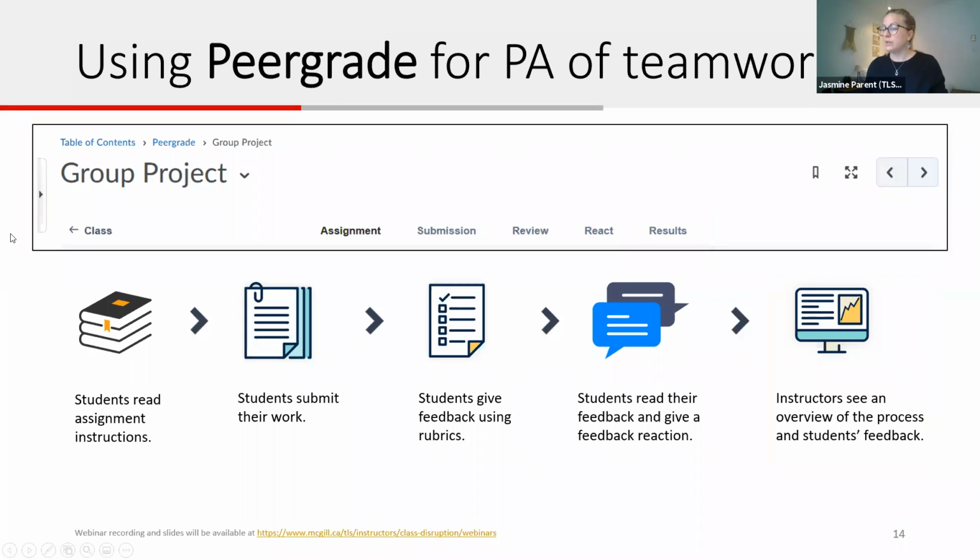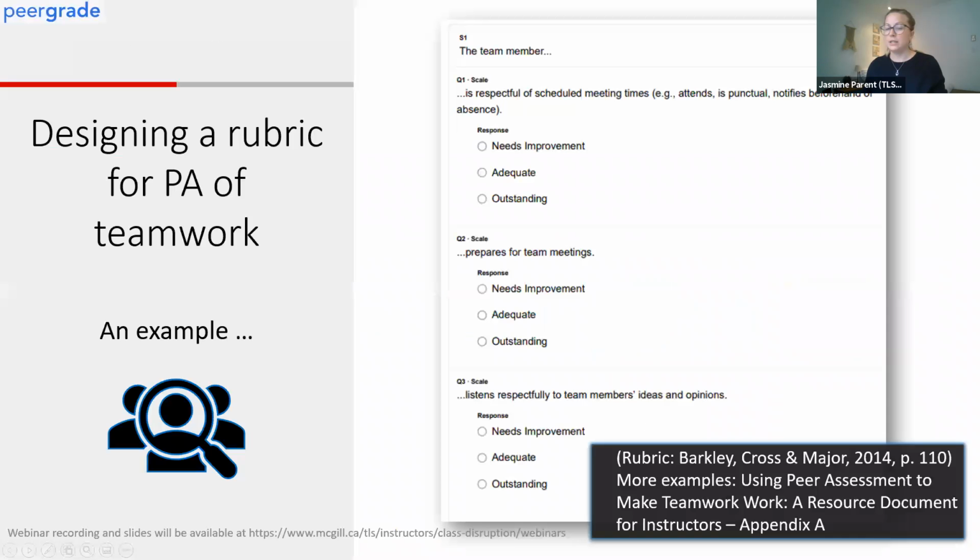So I also wanted to give you an example of what a rubric looks like in Peergrade. So I have a screenshot here of a few criteria that you can consider using. I've adapted the example from Appendix A of our resource document for peer assessment of teamwork, which Carolyn will share in the chat.